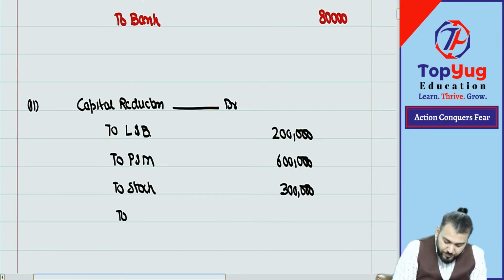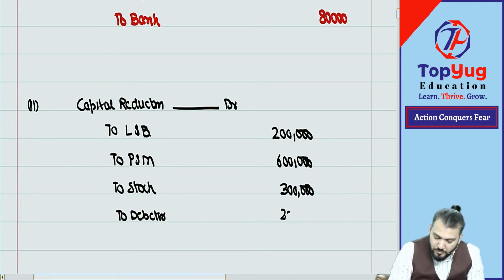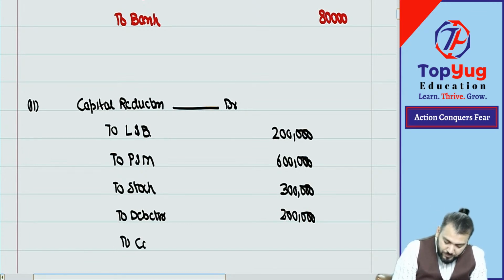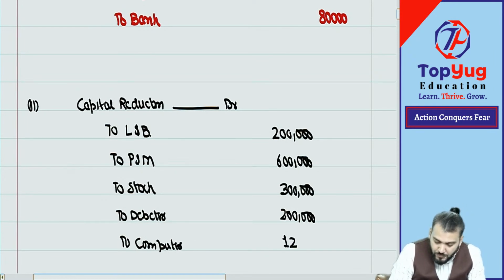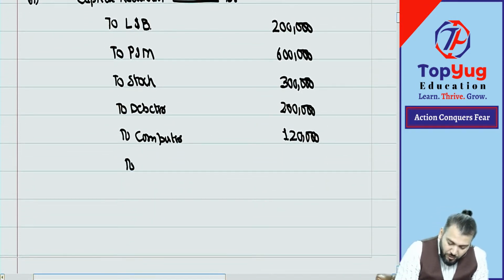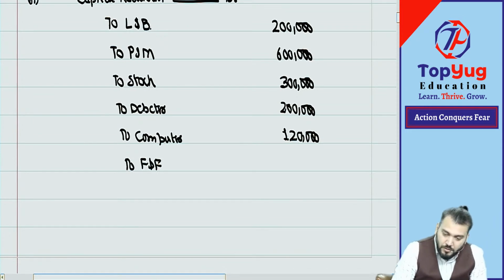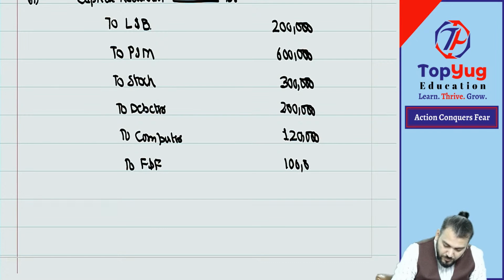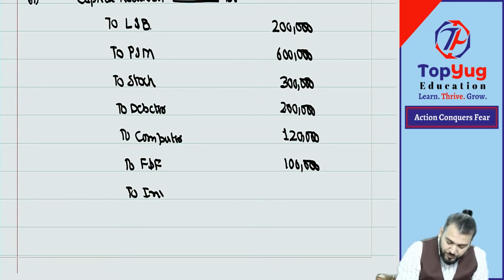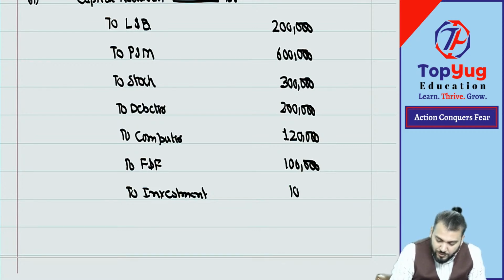Then to debtor, how much? 2 lakh. Then to computer, how much? 1 lakh 20,000. Then furniture and fixture, how much? 1 lakh. Then to investment, how much? 1 lakh. Total becomes,